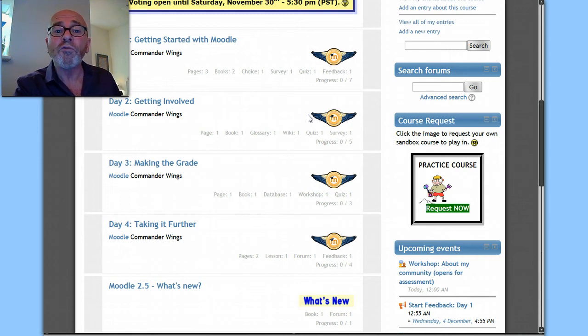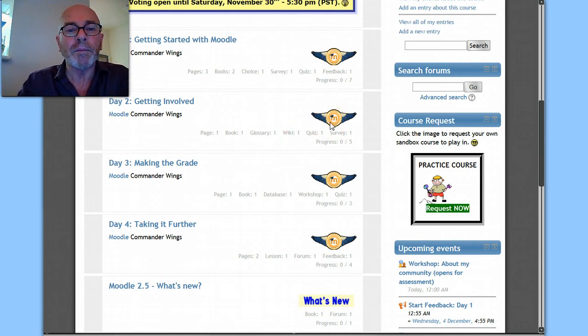Using badges, you could recognize that this student is a good essay writer, or you could have a badge for this student being a helpful communicator in the class. So recognizing specific skills and pointing out specific things that perhaps a course grade wouldn't show. So I'm really excited about badges. We're going to talk more about them later.